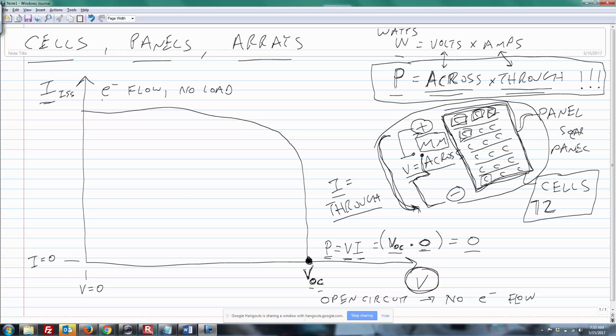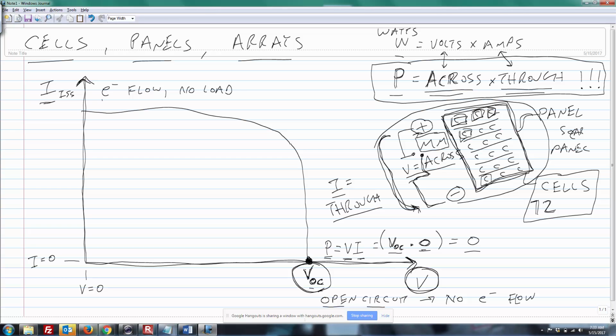So what we're looking for is this thing called the open circuit voltage. Open circuit voltage. I'm drawing a circle around it here, because what we've done is we've plotted volts on this axis. There's volts on the horizontal axis, and we've plotted amps on the vertical axis. So the two important things to know about the cell for now are the open circuit voltage,